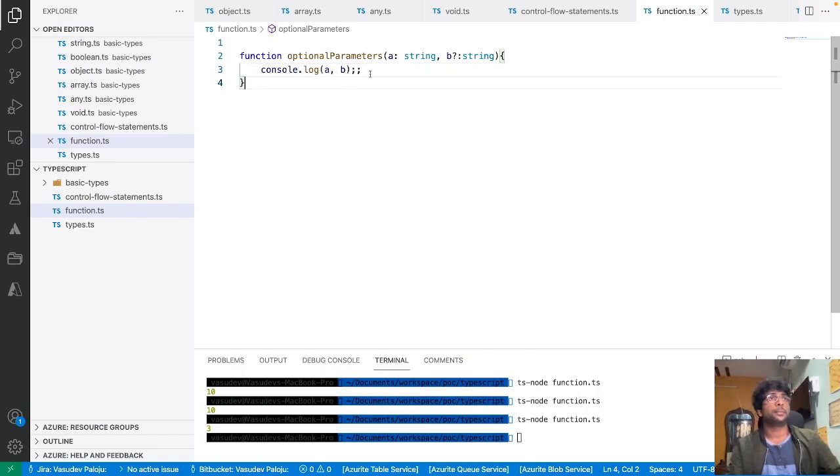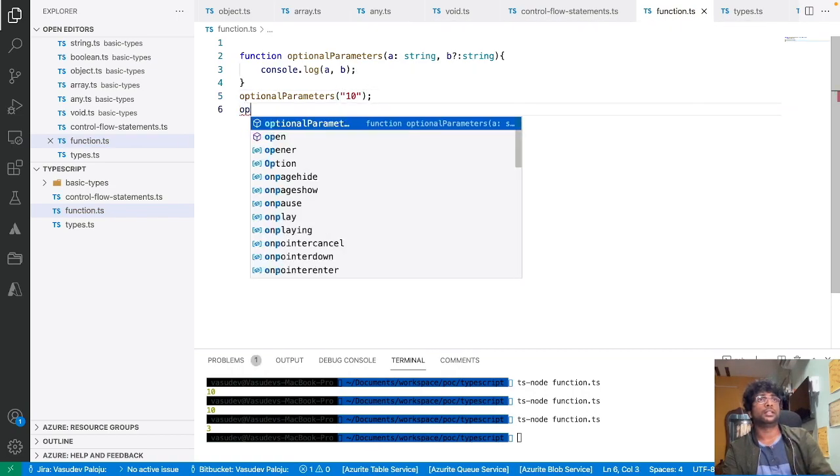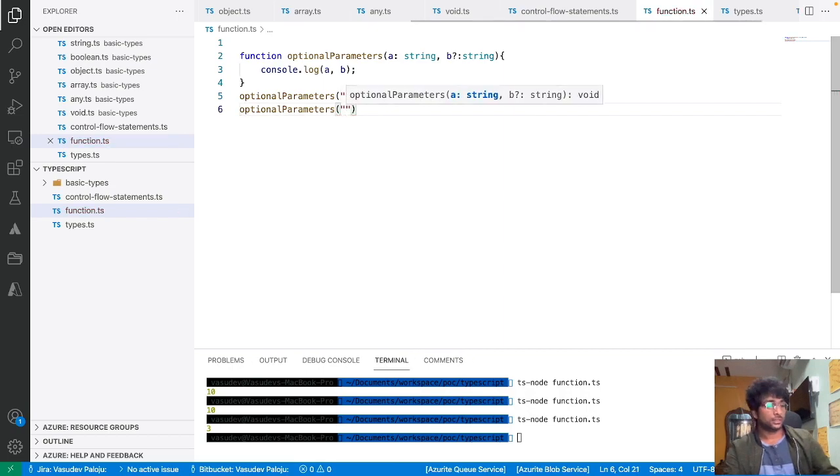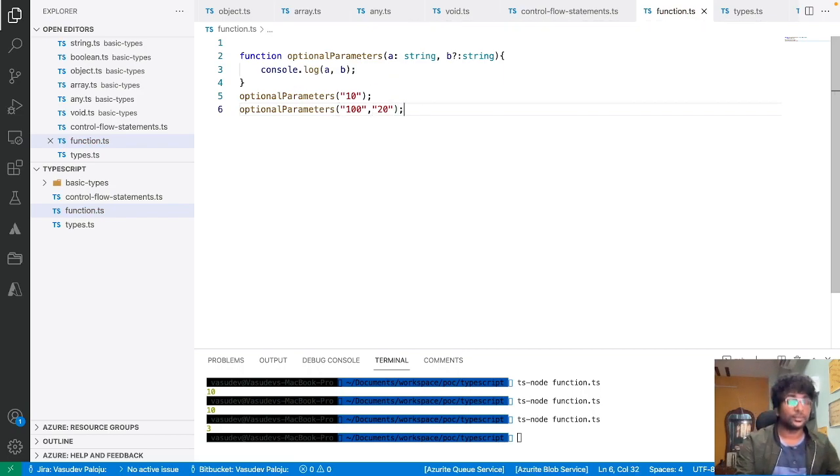Now what is happening over here is that this function can be called in this fashion, or it can be called in this fashion. So here see, the second argument b